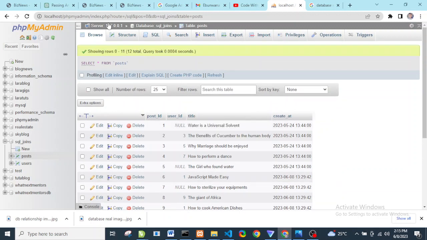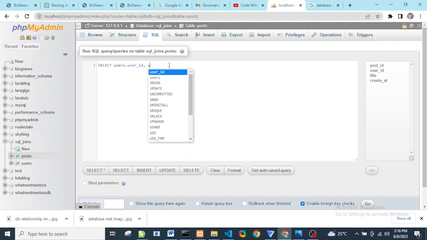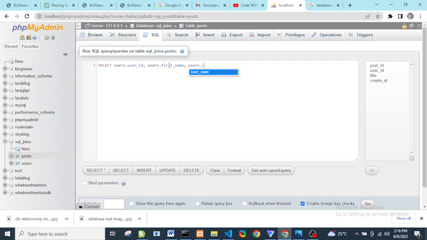So we're simply going to run a SQL query to join these two tables using the right join. We go to SQL, and we're going to select users.first_name, users.user_id, users.last_name, and we're going to select post.id and post.title. We're going to select all of these from users, and we're going to write join